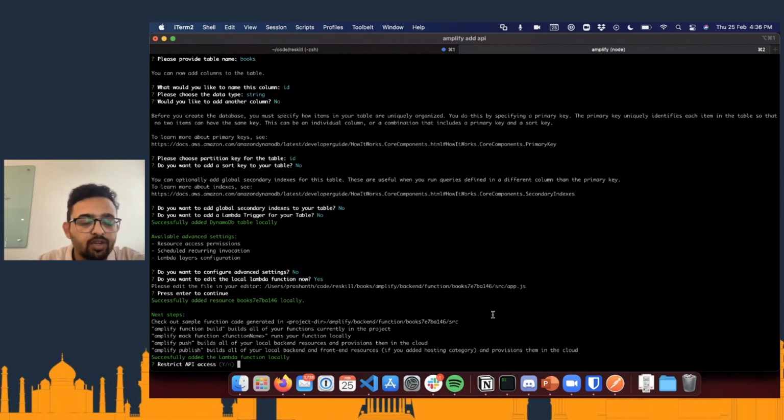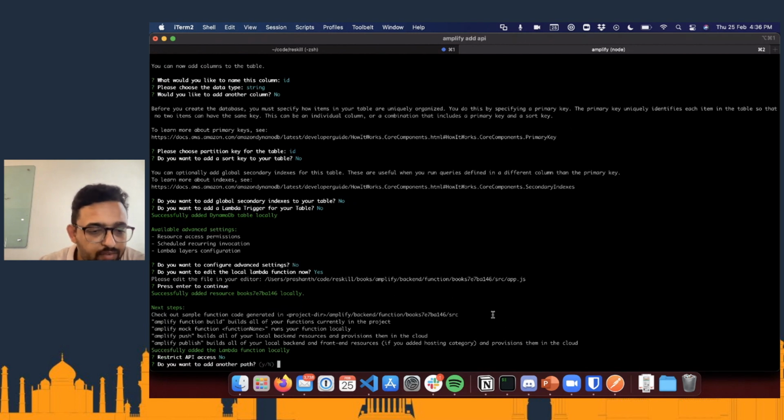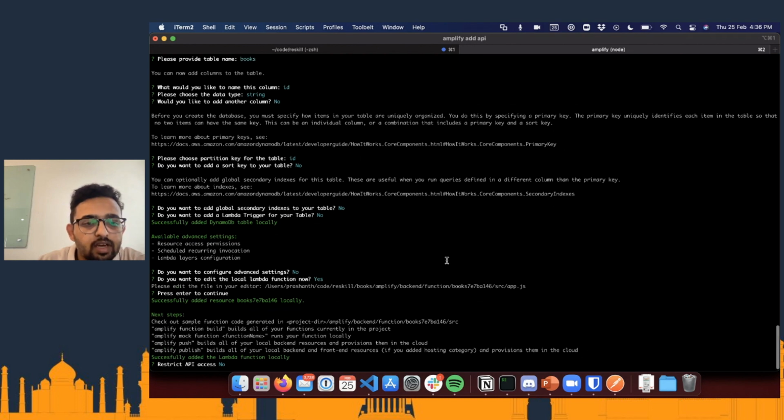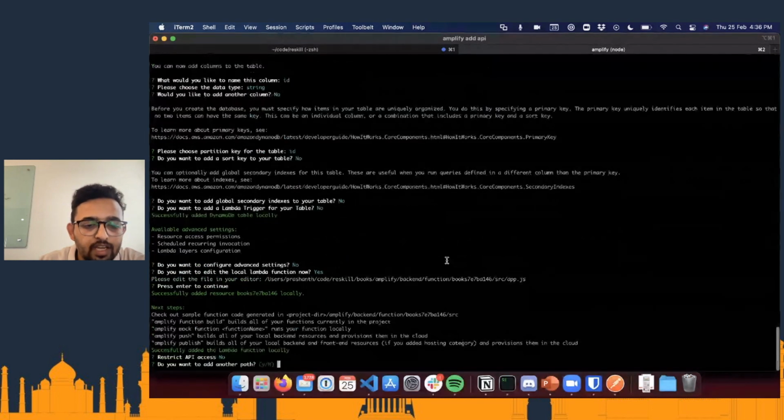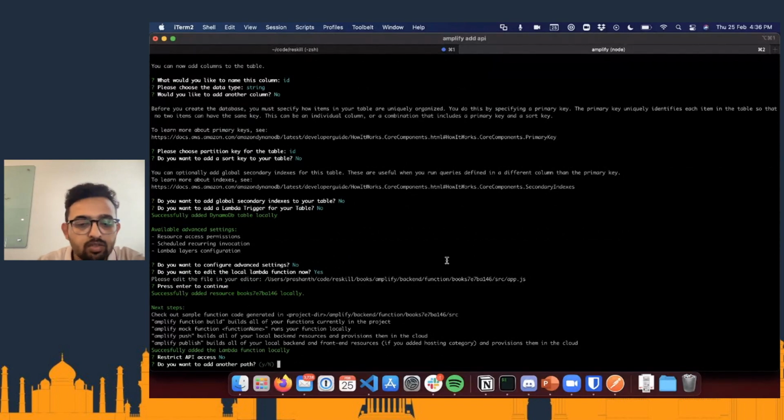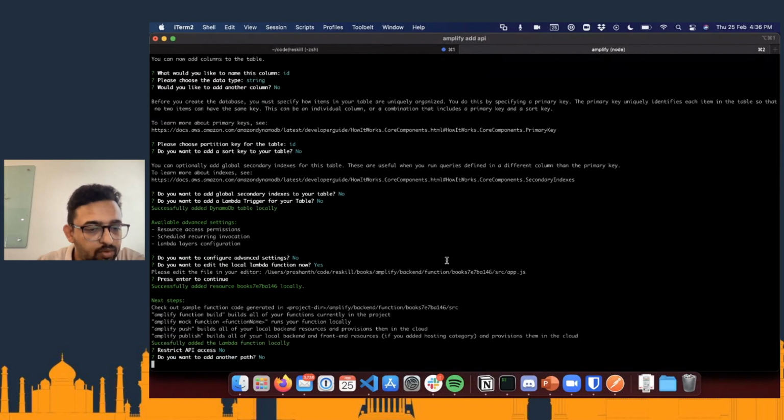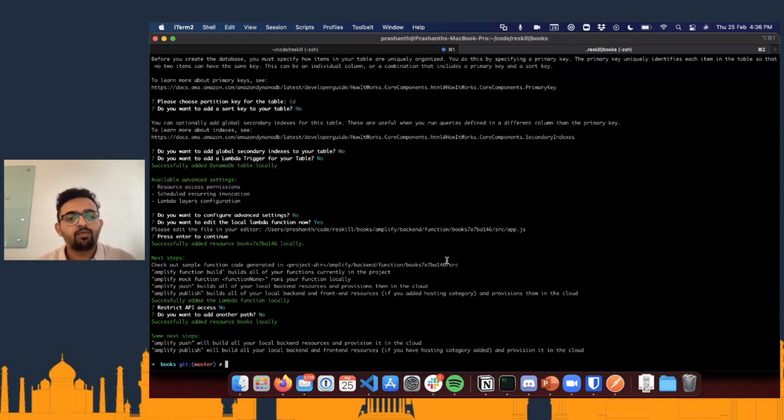And it is asking, do you want to restrict the API access? We will say no for now, just keep it open for the simplicity of the demo. And it is asking whether I want to add another path. I am fine with it for now. We have /books as a path, so that's enough for now. I'll say no. So now when we go through this wizard, what it does is